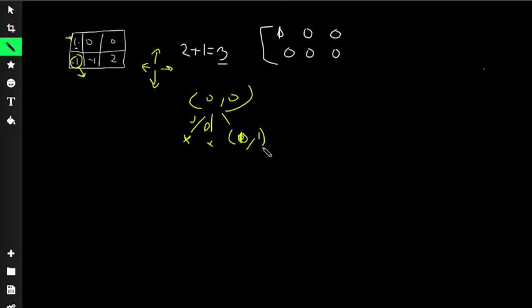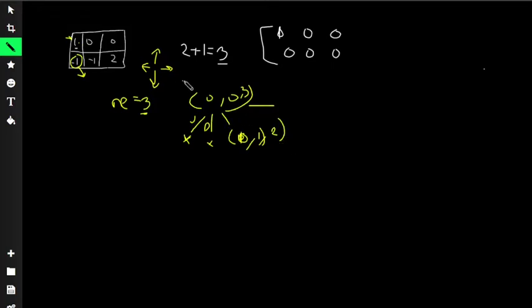The number of empty squares is 3, so we pass 3 over here, and when we have moved to this position, this will be decreased by 1 and become 2.